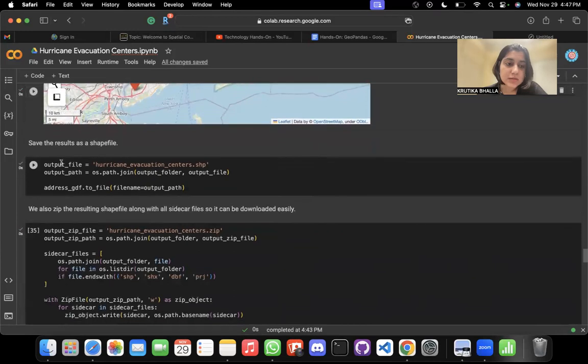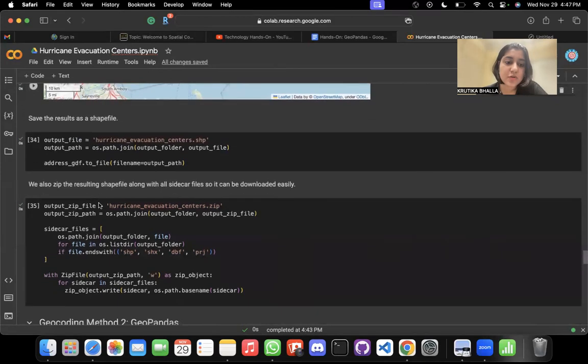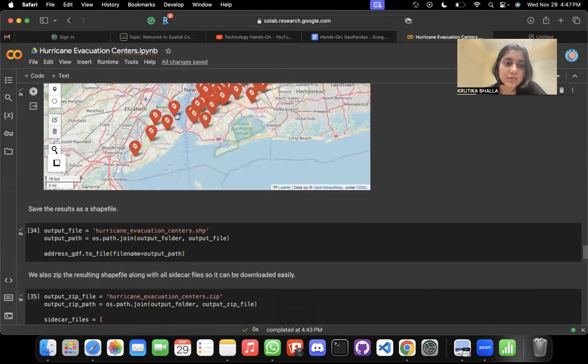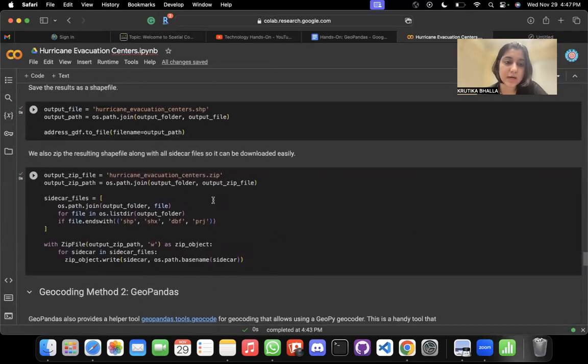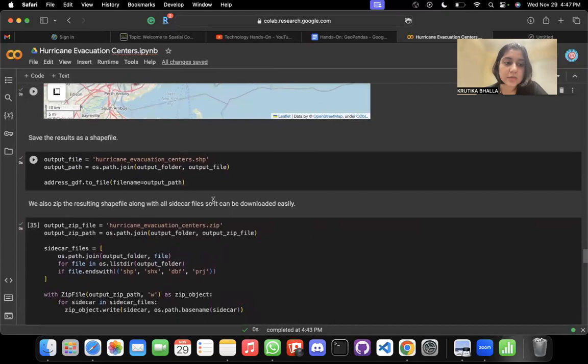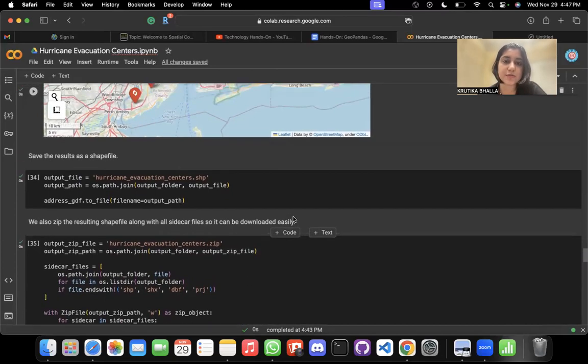And one more thing, when it comes to storing the output, I have used the Shapely library, and further I'm converting the given output map into a zip format and then downloading it as well. So this was the entire execution of GeoPandas, and